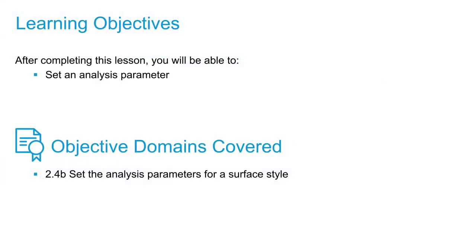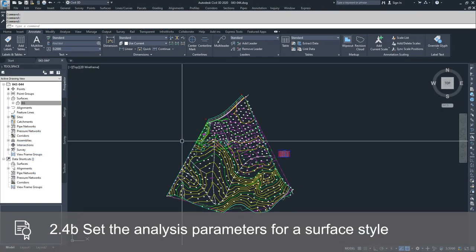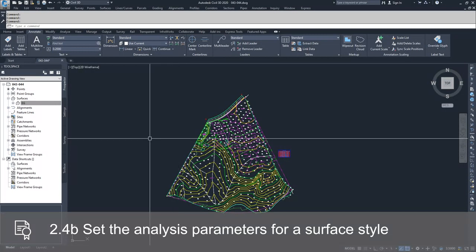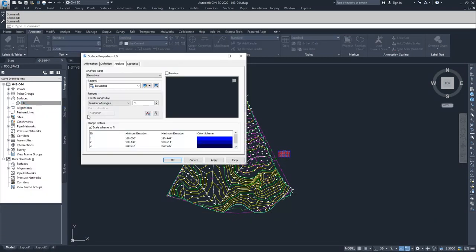In this video, we're going to talk about one specific surface analysis. We're going to set the parameters for that surface analysis, and then we're going to apply those parameters. So first, we're going to jump over to our Toolspace window in our Prospector tab, right-click on our EG surface, and choose Surface Properties. Inside Surface Properties, we're going to navigate to the Analysis tab,